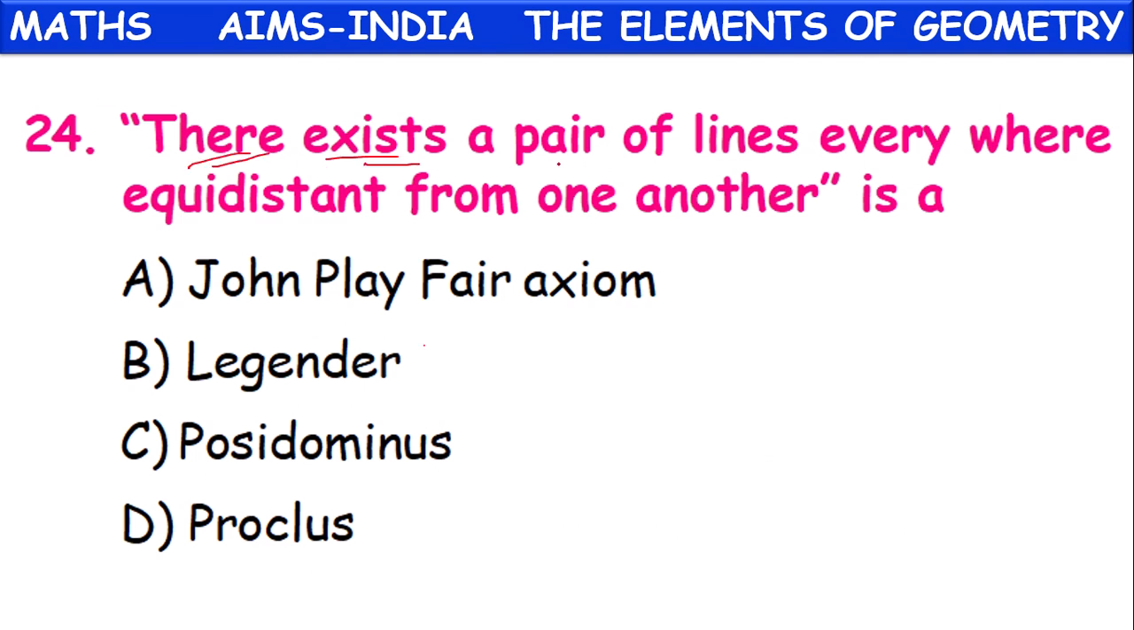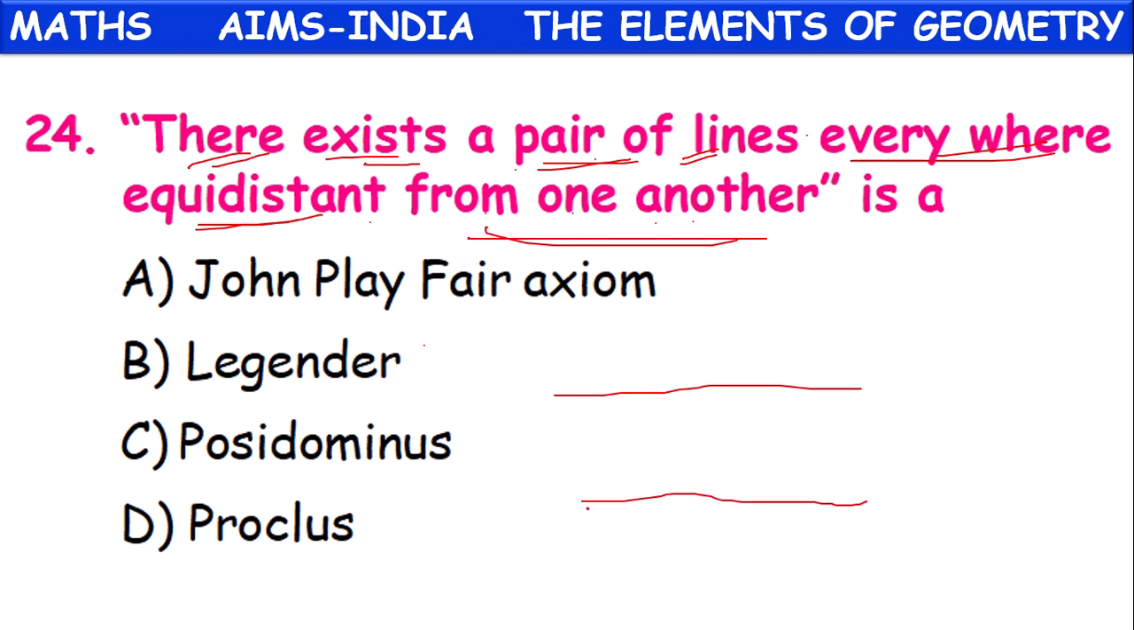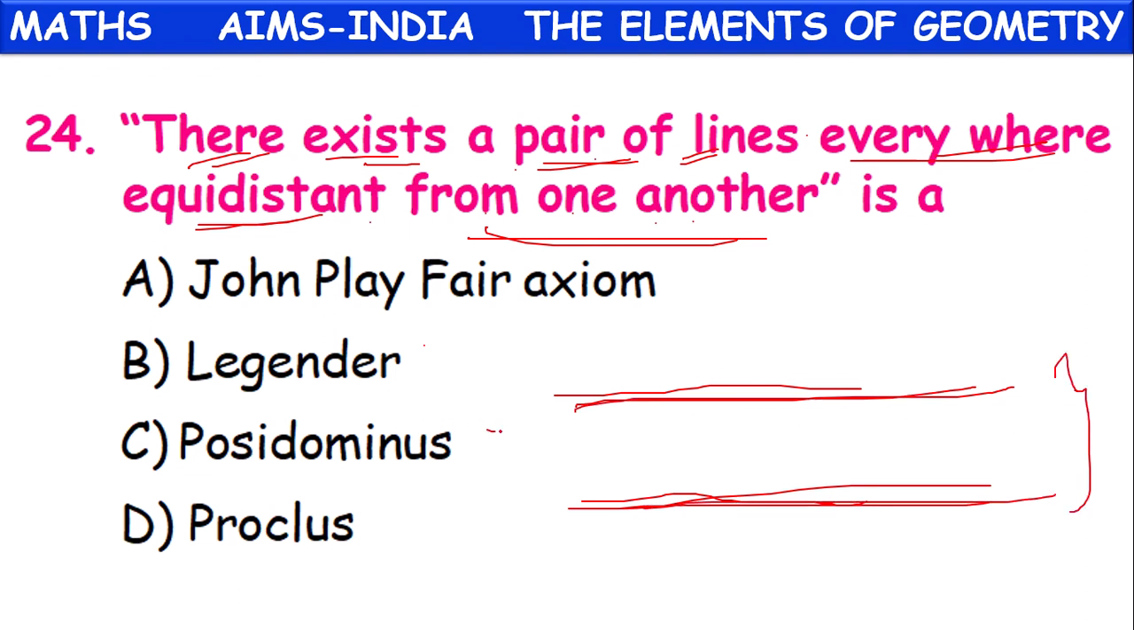Next, there exists a pair of lines everywhere equidistant from one another. So indirectly they are telling about parallel lines. There exists a pair of lines. These two lines, L and M, are considered as a pair of lines everywhere equidistant. Indirectly they are telling about parallel lines, which was an extension of Euclid's fifth